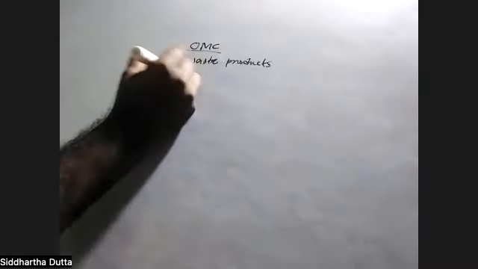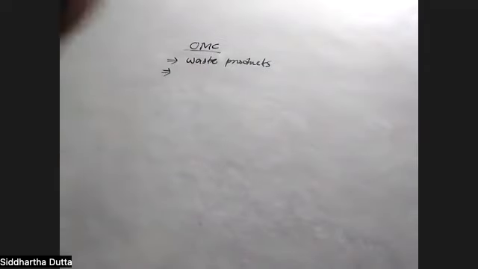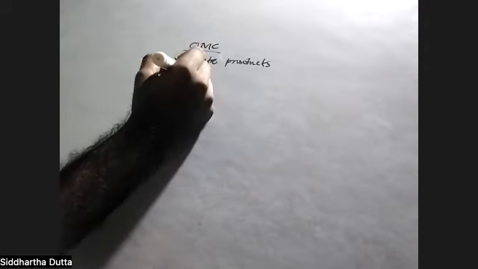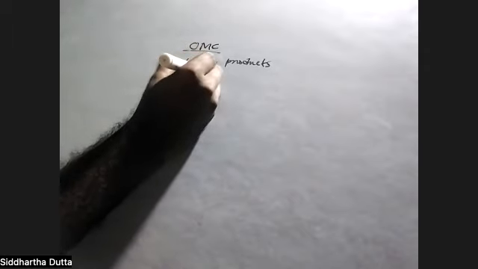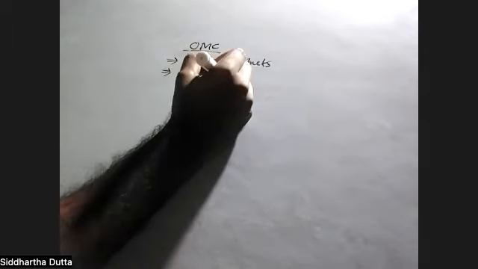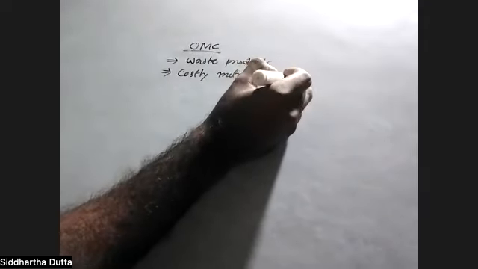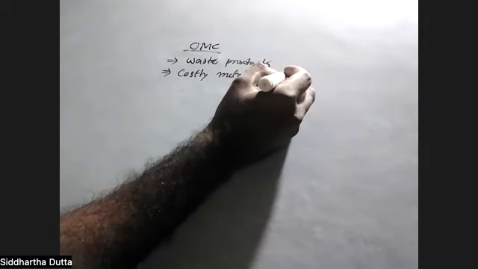Then there are many costly metals that are used, like ruthenium in many reactions. So these are highly costly, so organometallic compounds are not